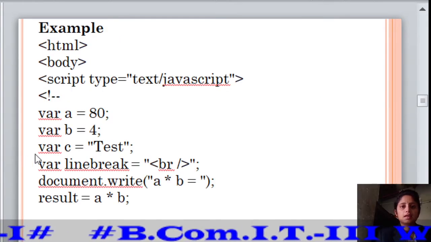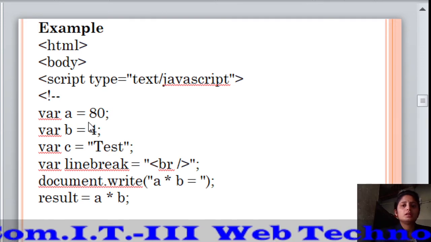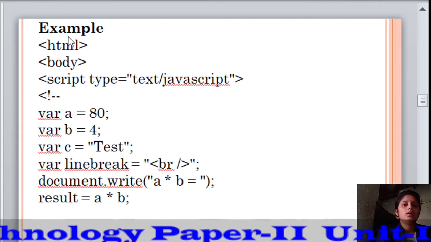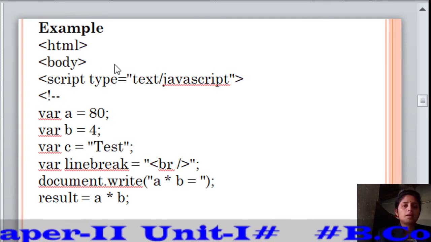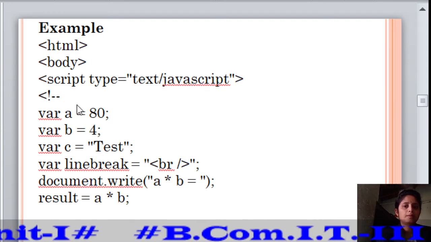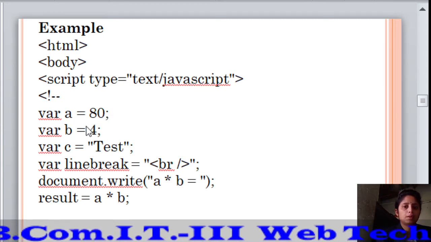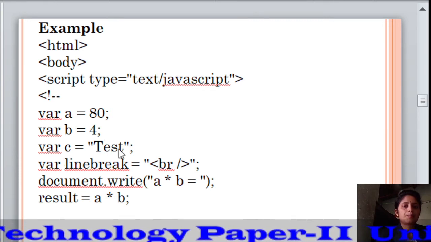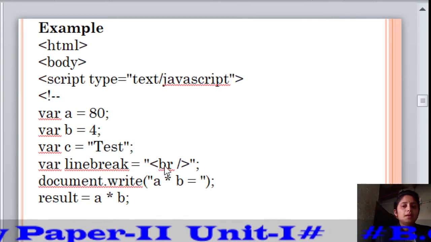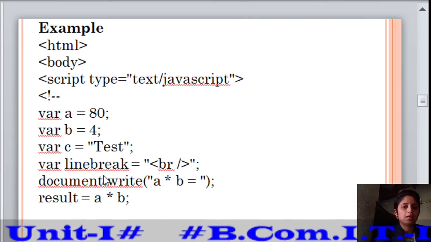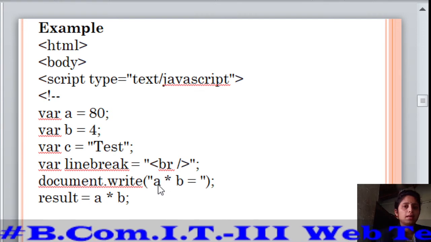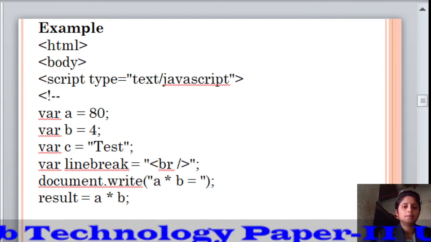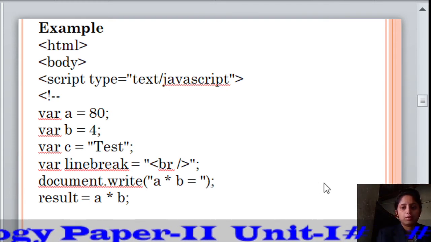This is another example of an arithmetical operator. In this example I used the multiplication operator and the division operator. Let's see. Tag html, tag body, tag script, type is equal to text/javascript, var a is equal to 80; var b is equal to 4; var c is equal to test; var line break is equal to "<br>"; document.write("a * b is equal to"); result is equal to a * b;